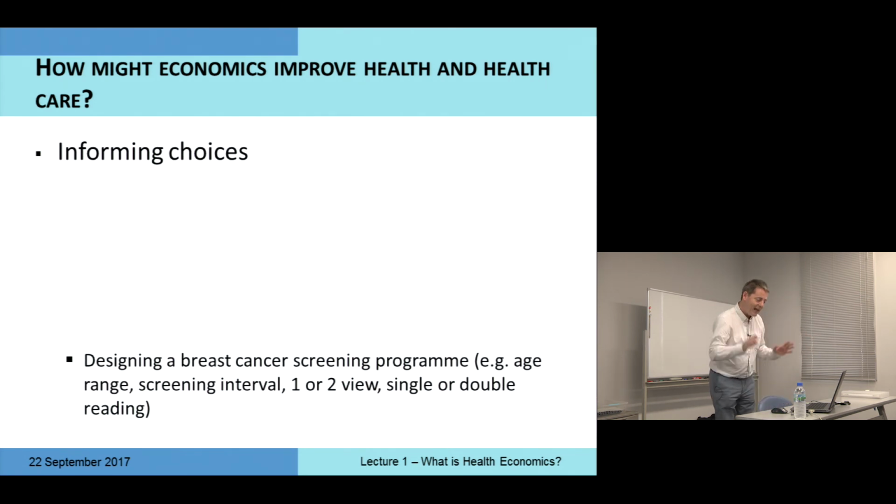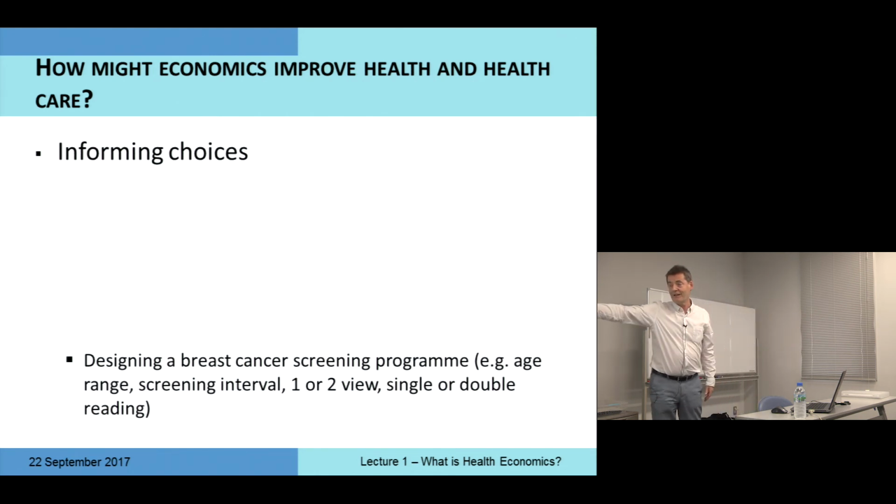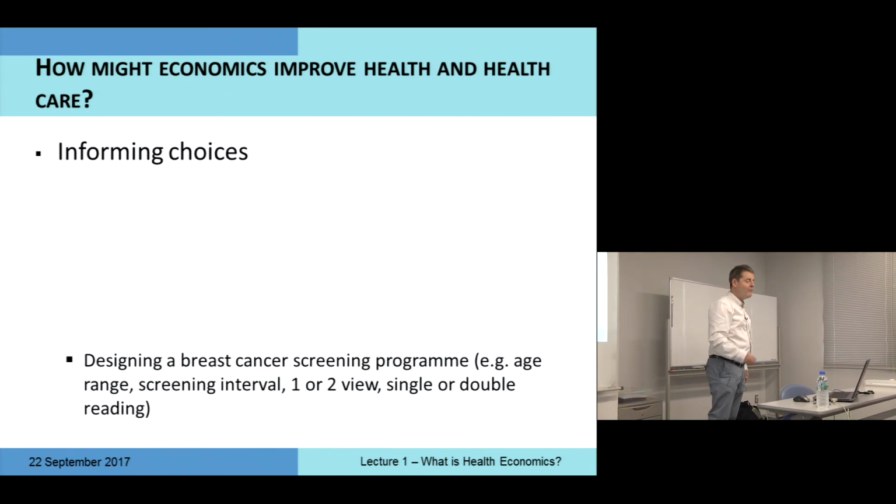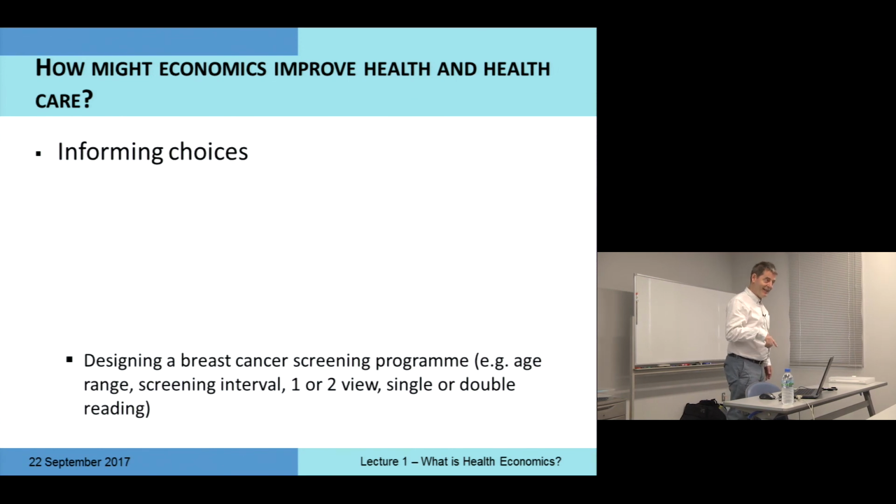Yeah, so all of these interventions, they all have this characteristic that you could always do a bit more, get more effect, in this case detect more breast cancer, but you'll then take more resources to do that. And so these are all, to some extent, economic decisions. Now, I don't by that mean they're just decisions for economists to take. I don't mean that at all. But they are fundamentally economic decisions. They're decisions to do more of one thing in order to get certain benefits. And the implication is you're doing less of something else. And that's what economics is partly about.